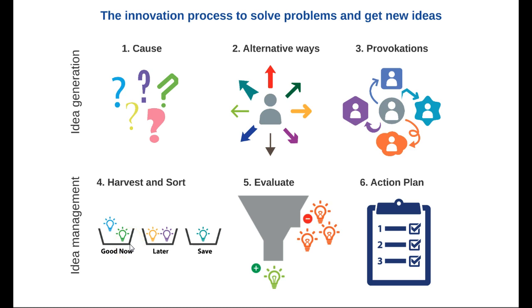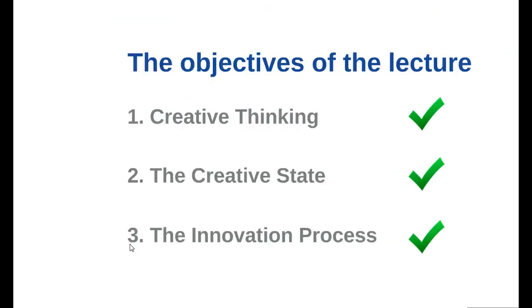Okay, this wraps up a little bit about what we have been talking about. We have been talking about creative thinking, the metaphor of the outside the box, and what you get in the Roundtrip Heaven. You get outside the box and you have the tools to generate ideas and to manage them. You also get the creative state method, how to get into a creative state. And the innovation process, where we look at how to do all these things after you are in a creative state, so you can be creative in the innovation process.